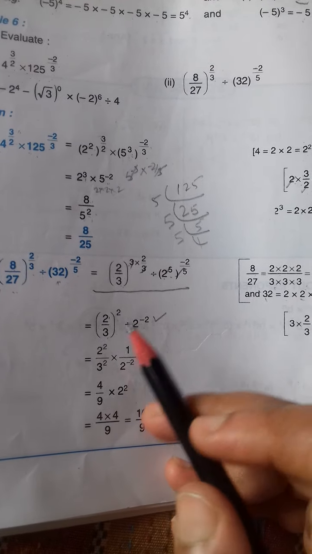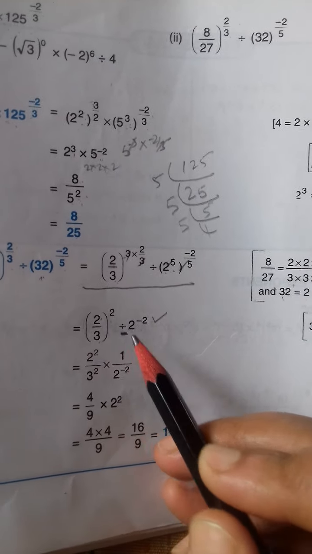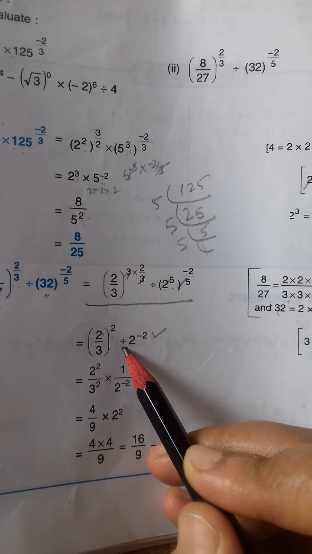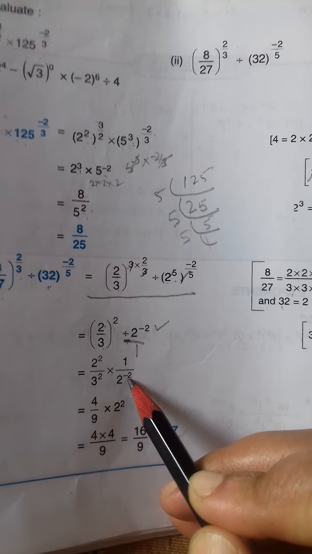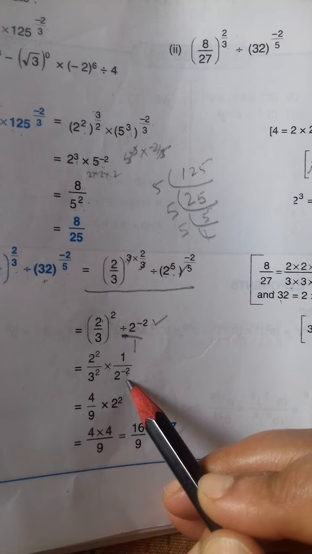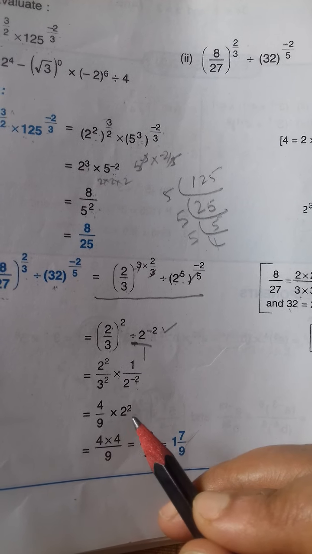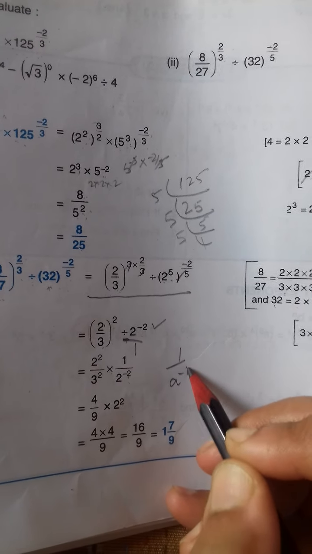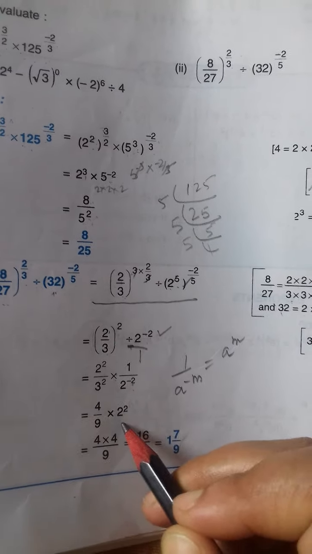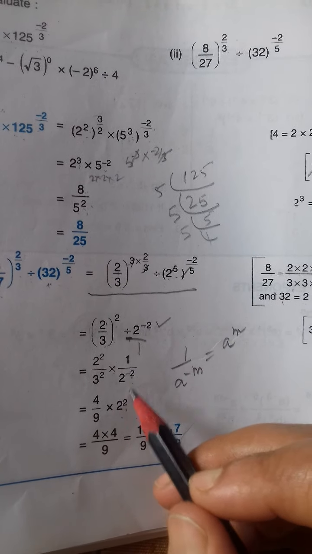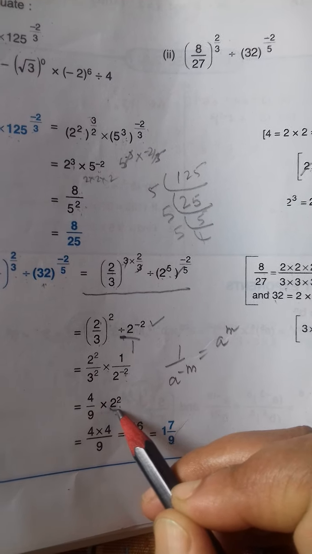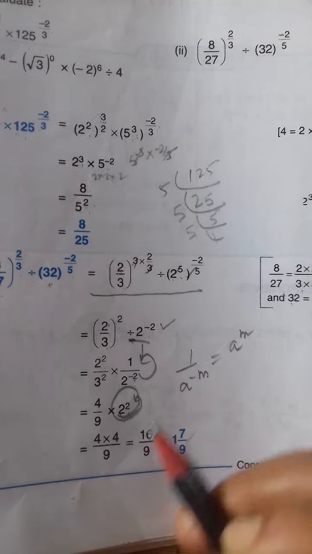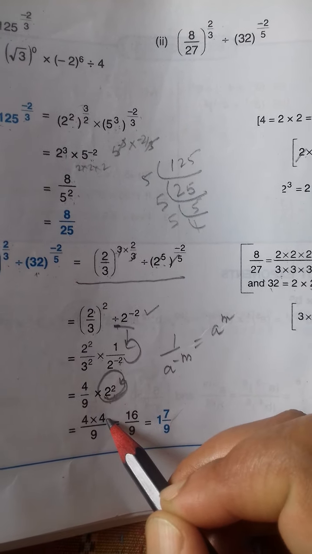But before that, children, can you see this divide sign? First remove this divide sign and put a multiply. Because of that, it will get reciprocal. Already it will come down, but the sign will not change. Now sign will change when I will deliberately take it up. Now I am taking it up. It is a to the power minus m, and now I am taking it up. Now it will become a to the power m. So 2 to the power minus 2 I will take up. I have taken up, so it has become 2 to the power 2. Now 2 to the power 2 means 4.